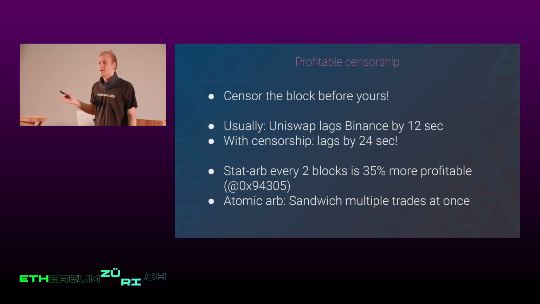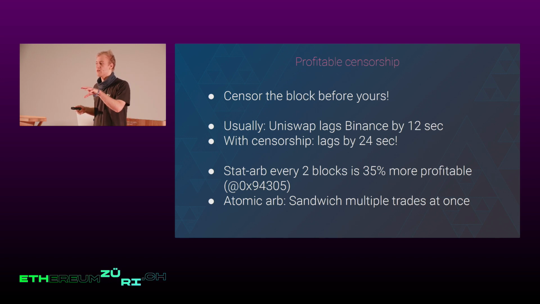Because you can end up, first of all, with fewer transaction fees, but then also just because the market has more time to move, the arbitrage is generally going to be bigger, and it actually turns out it'll be more than the combined amount of just the two single arbitrages. And also, even if you're just doing atomic arbitrage, so like one very popular MEV strategy is sandwiching, where you